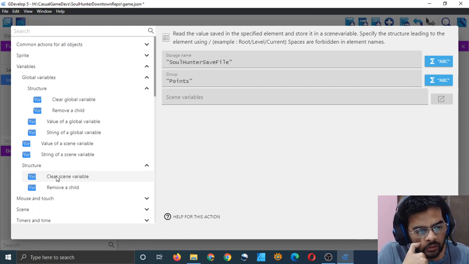So what this is saying is that you cannot load it like this. We have to use scene variables to load the data.